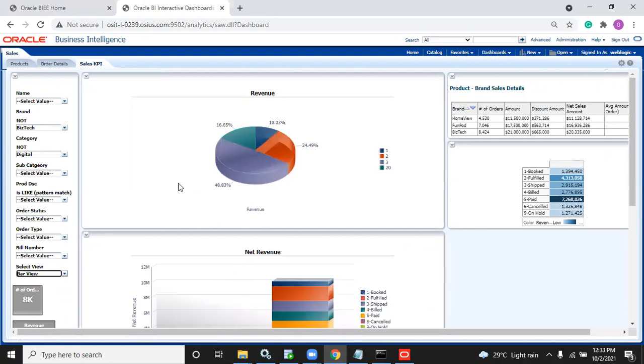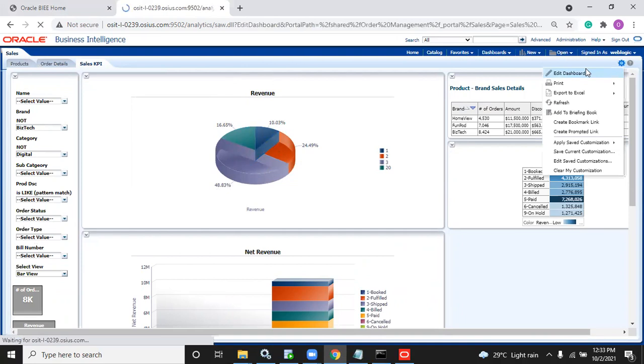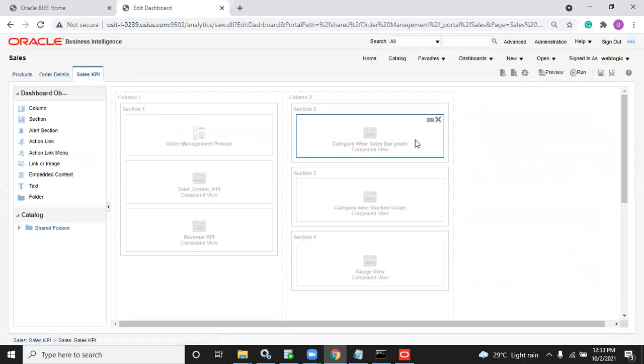Sorry, this should not display. This has to display when you select pie chart. So you can write a filter now. Go to here. This is the bar graph. This is a pie chart. This is a gauge view. Edit this. Am I correct or not?